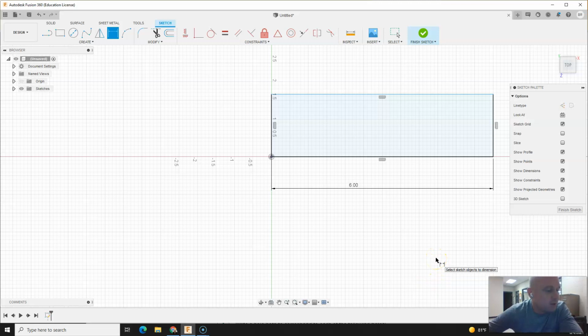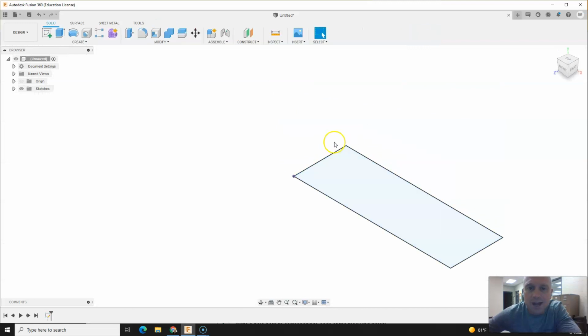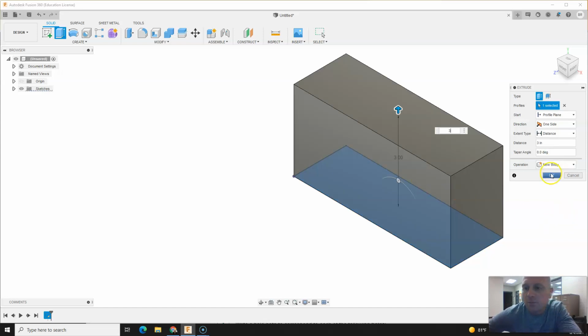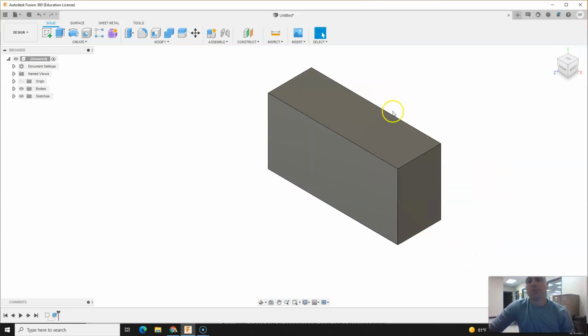And the height of the block, actually we'll make this the depth. So the depth of the block, I'm going to make 2 inches. We'll then extrude the height up with our block, and so I'm going to extrude that up at 3 inches. And we will create the different types of holes using this block. All right. So the first thing that I'm going to do